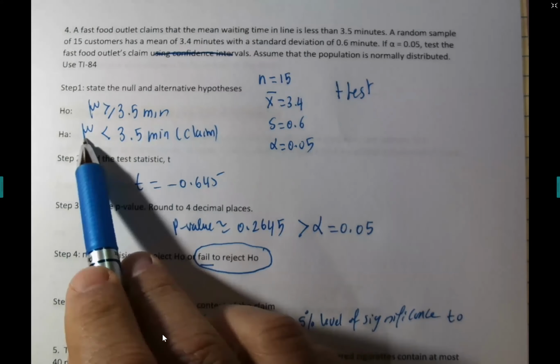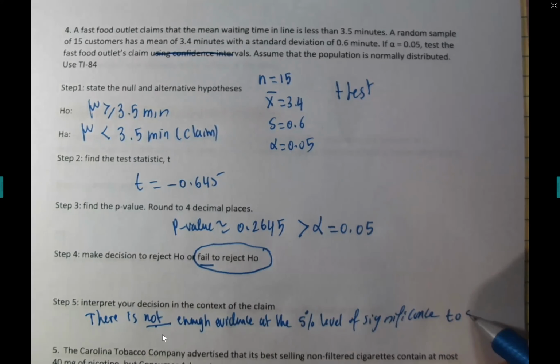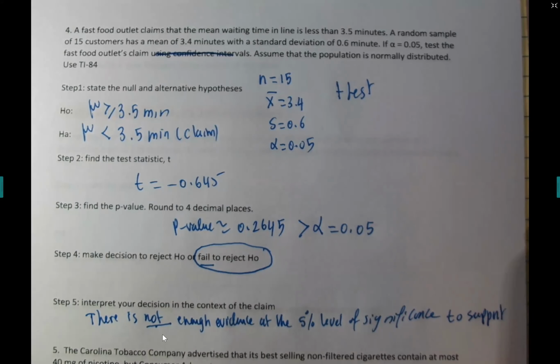Since your claim is in HA, it's going to be the word support. But we're not saying we're supporting, we're saying we don't have enough evidence to support the claim